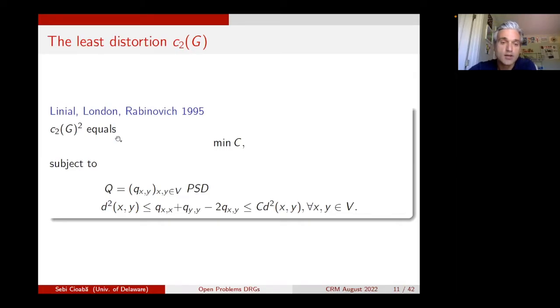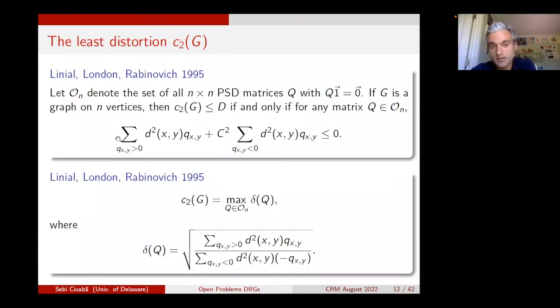Okay, and then they use the previous result to come up with something even more useful, which is the formula at the bottom, that c2 of G, so c2, remember, it was a minimum of some quantity, and now you have it as a maximum of this quantity, where the maximum is taken over all positive semi-definite matrices Q, with the property that Q times the all one vector is the zero vector, and